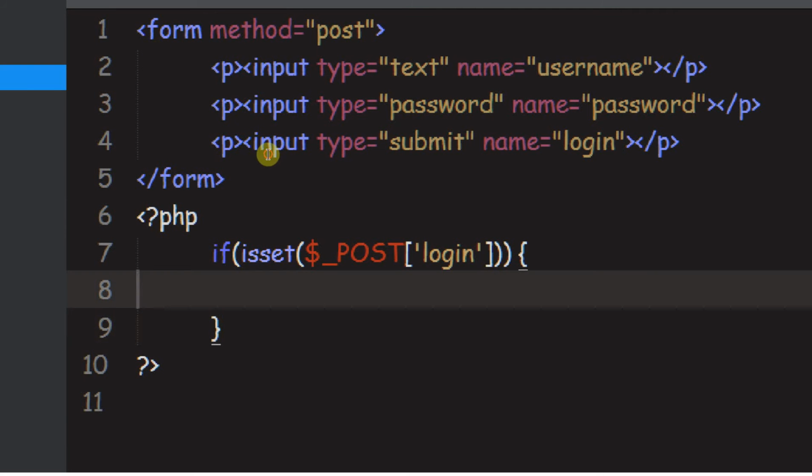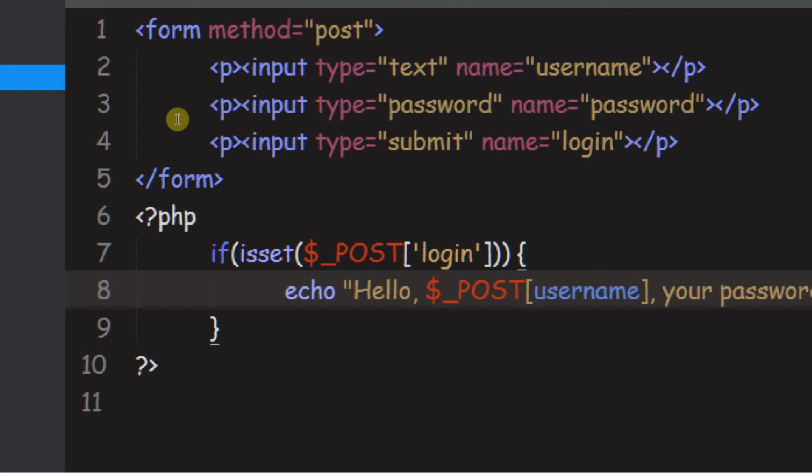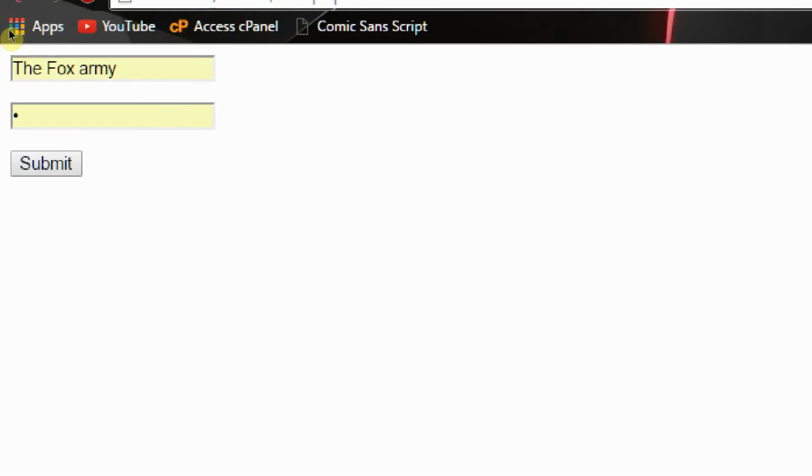So now if the button is pushed, we want to echo this out, because we can get rid of that error. The error was there because there was no data submitted to POST, because we didn't submit it yet. So the page gets confused. If we run this code now, submit,